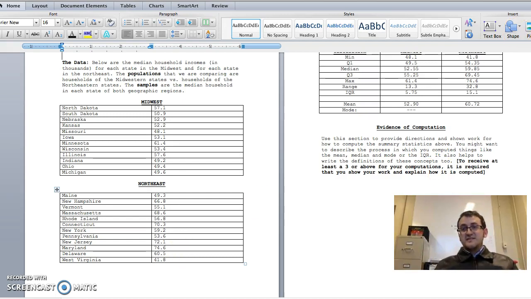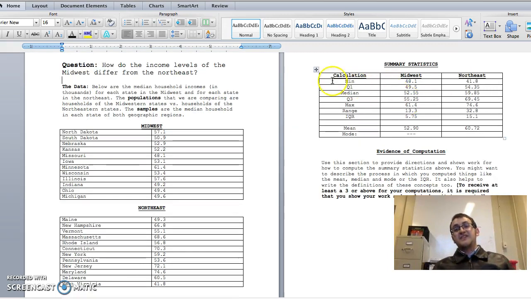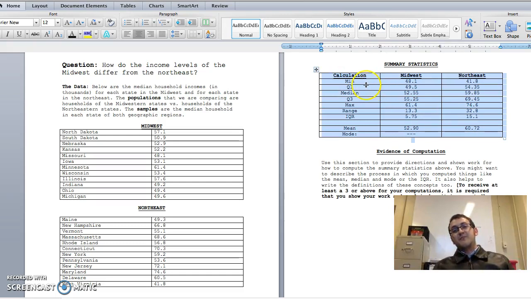With your poster or portfolio, you can have the project in either a poster or a portfolio. You may want to have some space on your poster, or some shown work attached, and you can do the computation. After you do the computation, I think it's particularly effective if you make a chart that compares the minimums, the Q1s, the medians, the Q3s, the maxes, the ranges, and the IQRs. And you can compare the means across the data sets.